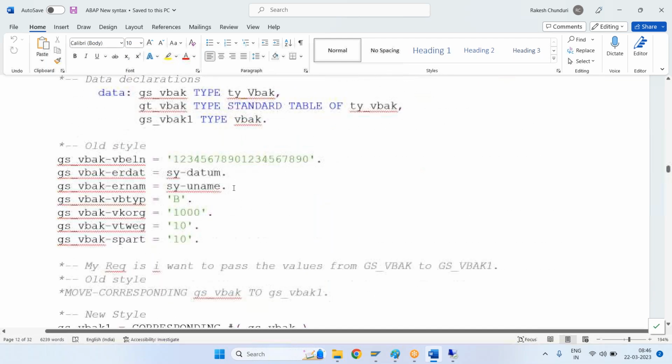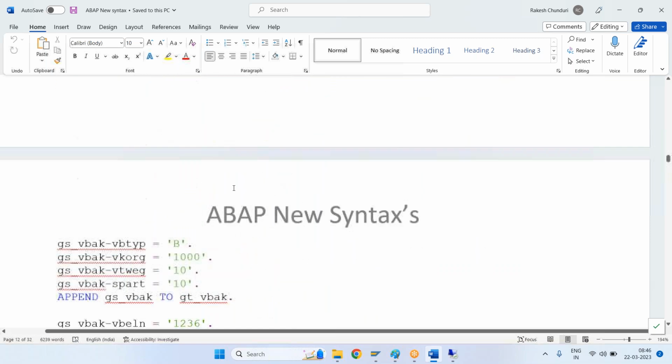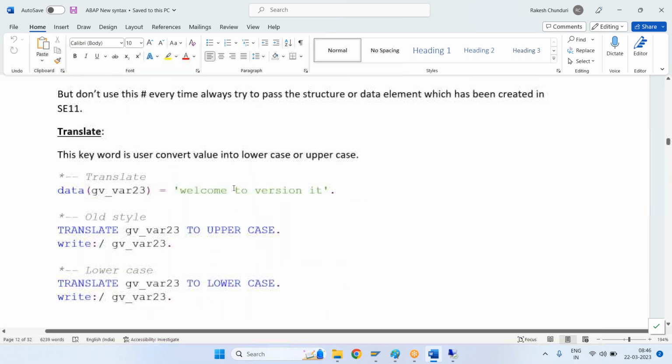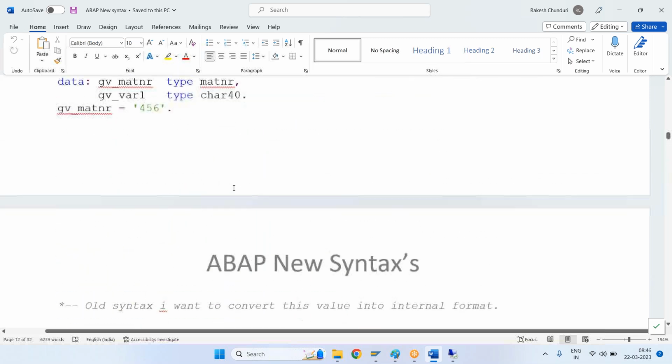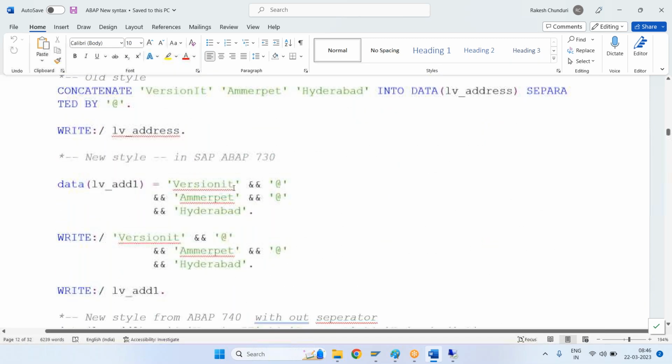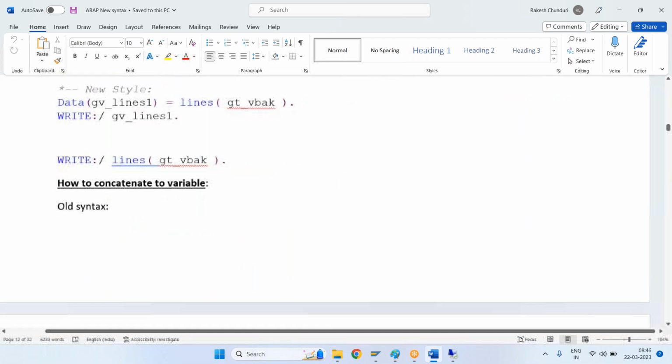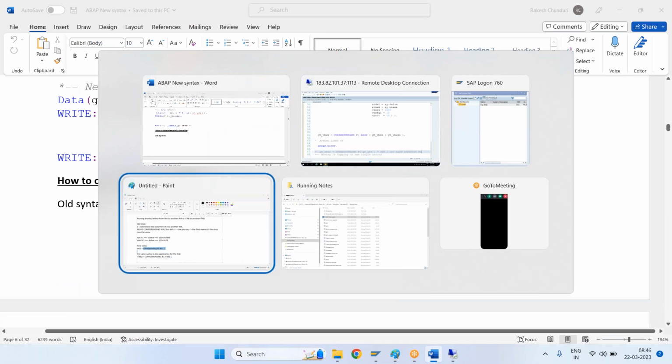Now let's go ahead and see the next thing, called processing functions. What are those processing functions? So in the processing functions, basically, you will be having your concatenate,